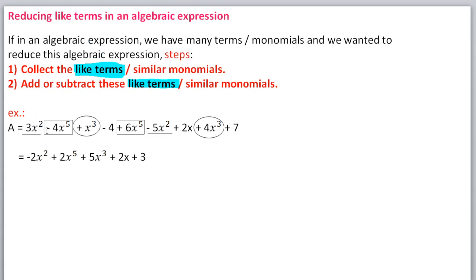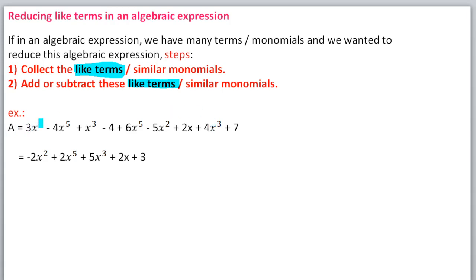Let me just remove this. Okay, just to make it clear, it's better. 3x squared minus 4x power 5 plus x power 3 minus 4 plus 6x power 5 minus 5x squared plus 2x plus 4x cubed plus 7. What should we do here? We need to reduce, and it means to collect the like terms. So we usually start